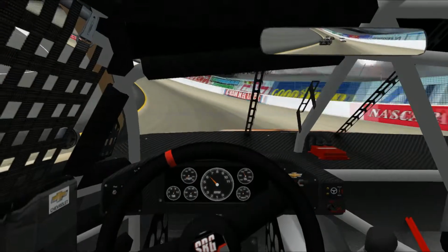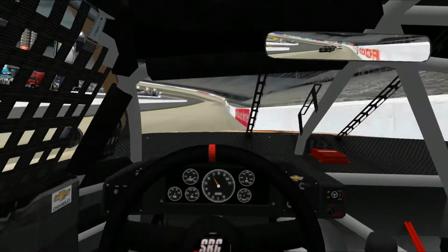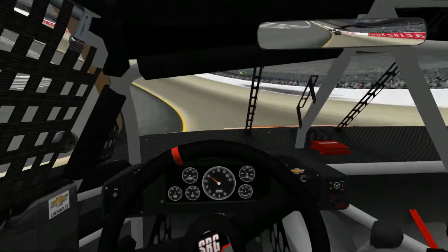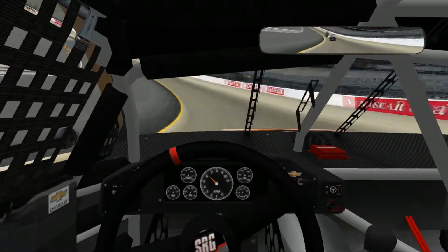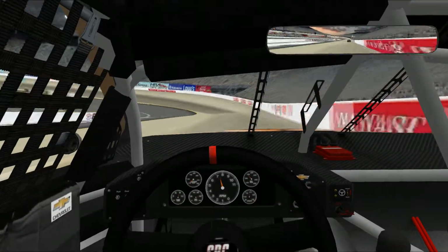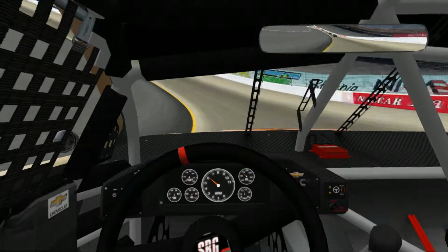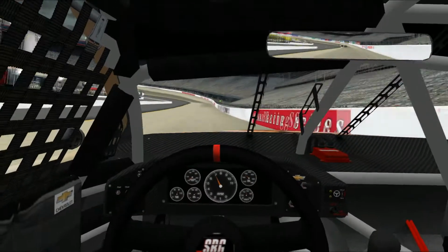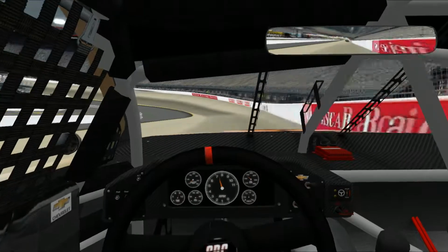So fuel is not an issue. We can go about 60 or 70 laps on fuel, so no need to pit for fuel here. Just tires may be a thing if we get towards the middle of the race and the yellow flag were to wave. It might be worth it to come down and take tires. 2 tires, 4 tires, track position is key, and on this half-mile bull ring, we should be catching up to